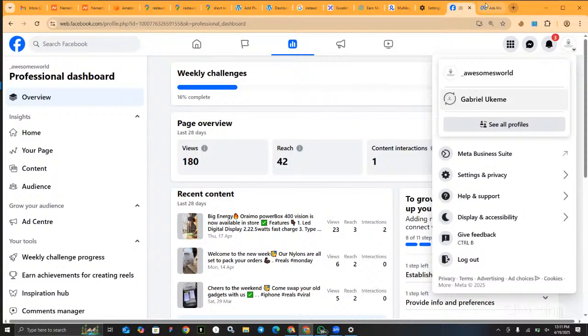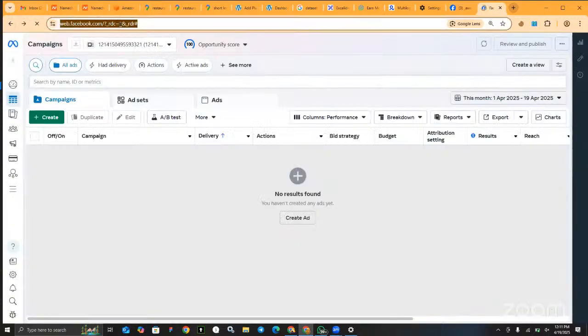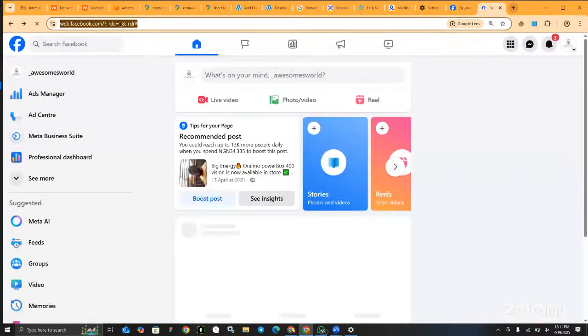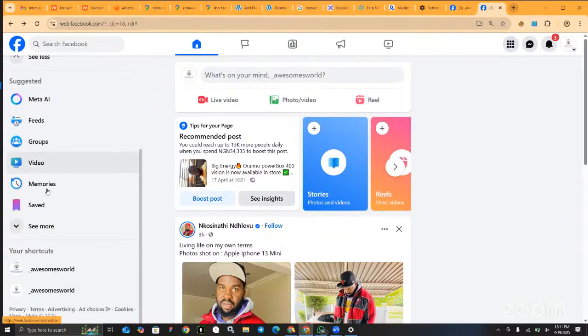So what we'll do here is this. We have to go back. So now we'll go back to facebook.com. Then if you're on the app too, on Facebook, you can see a way to create a Facebook page on your Facebook app. So if you're on the system, what you need to do is you head over to this particular place where we have page on the left-hand sidebar. Okay. So when you click on the page,